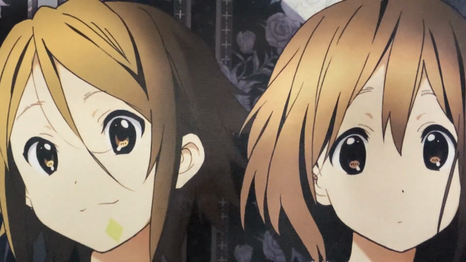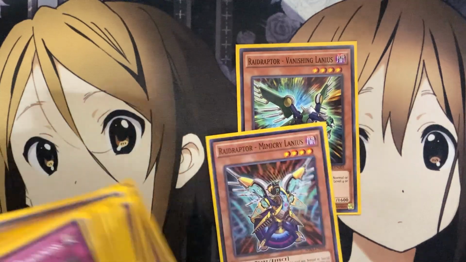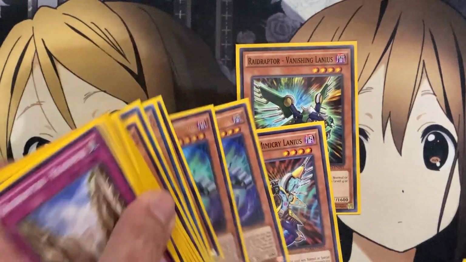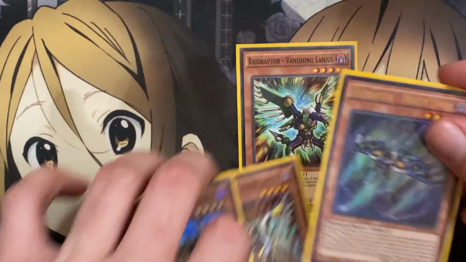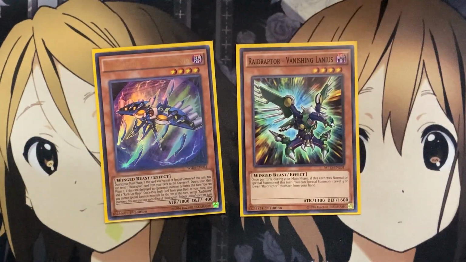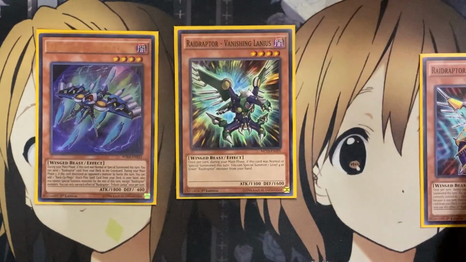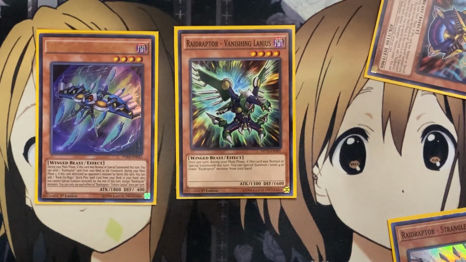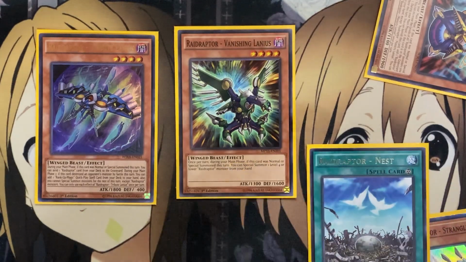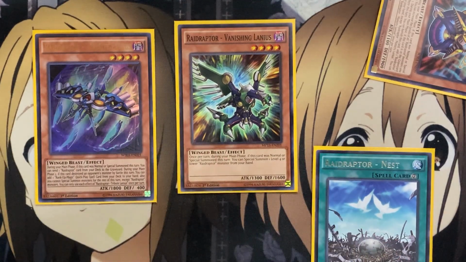Also, for more of the setup, it all comes down to what you open up in your hand, but if you have the Vanishing Lanius, you can then use Vanishing Lanius. Depending on what monster you open up with, you can have additional searches as well. You can summon out the Tribute Lanius, and also send to a special summon. You can send 1 Raidraptor card from your deck to the graveyard. You can send the Mimicry Lanius, banishing it to add another Raidraptor card, which you can then add the Raidraptor Nest. Since you control the 2 Raidraptor monsters before your Xyz play, you can then add another Raidraptor monster,